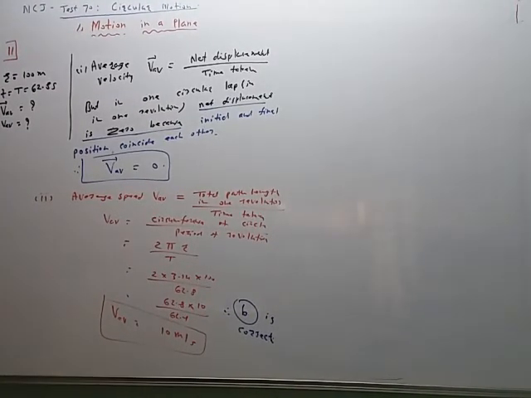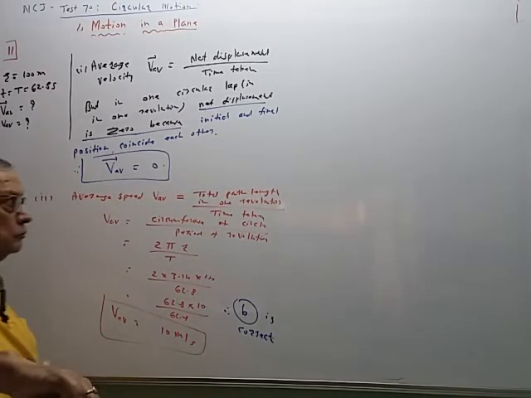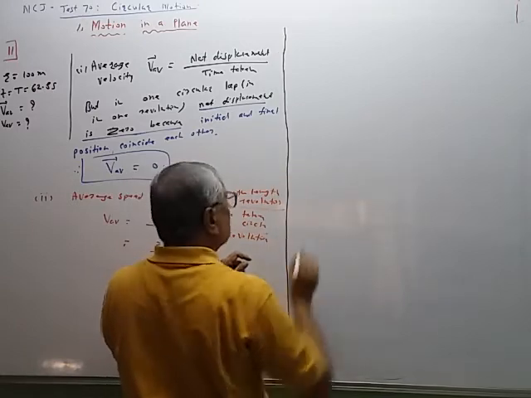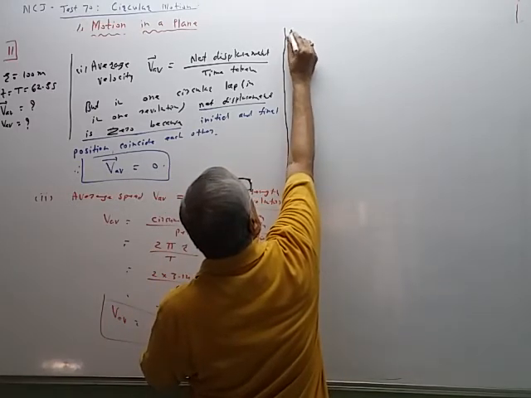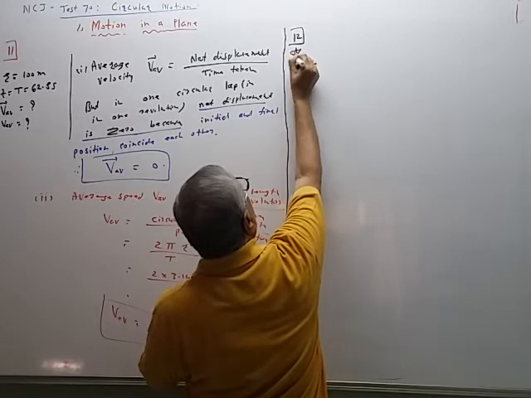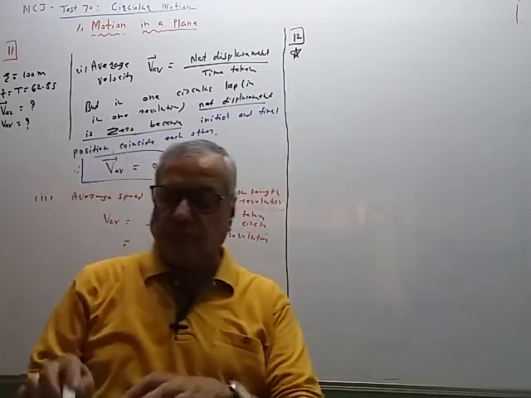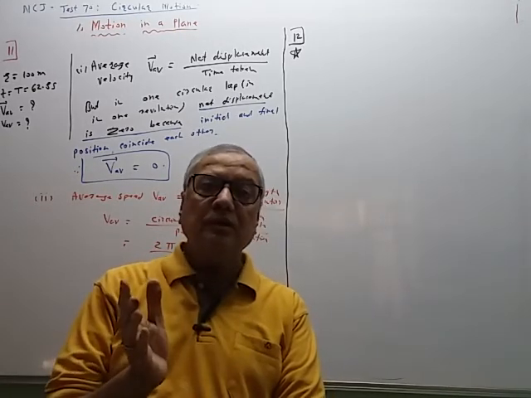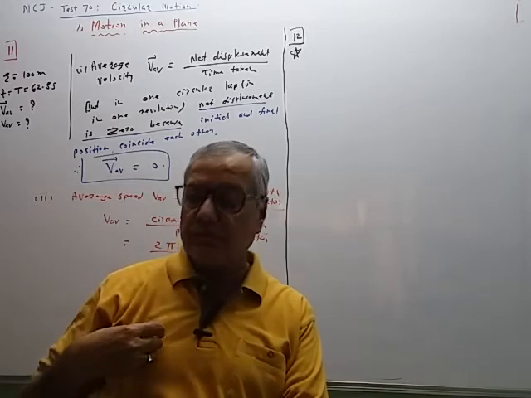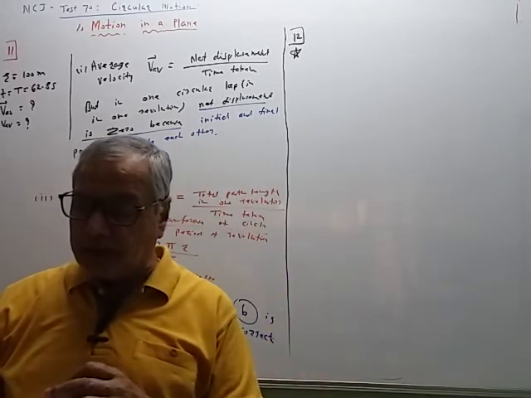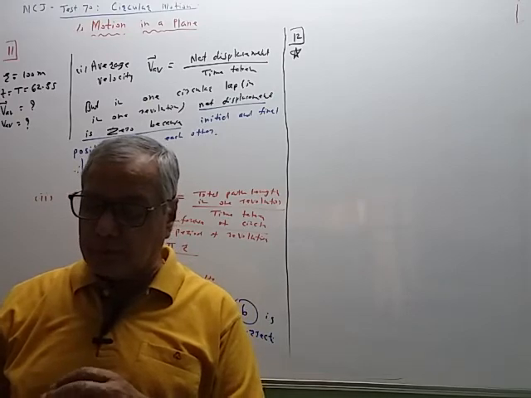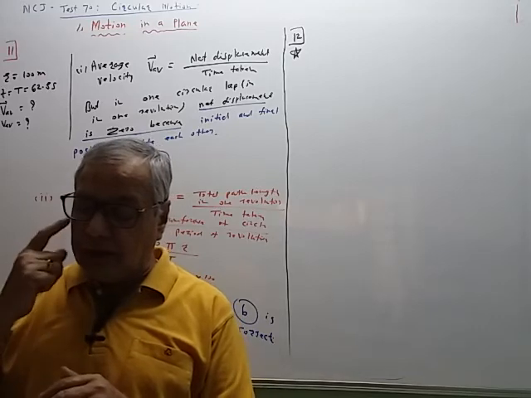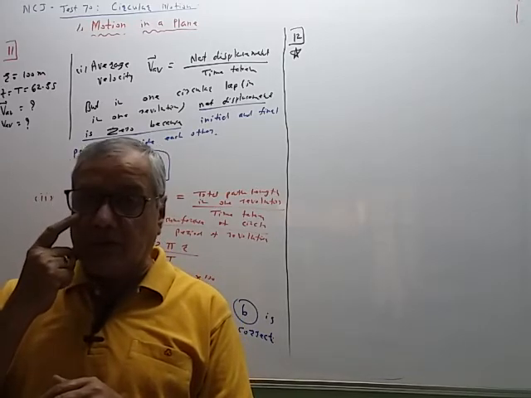So next problem, 12. Actually, this problem is related with circular motion as well as rotational motion. That was the second part of this chapter. So I will read the problem. A particle undergoes UCM, uniform circular motion. About which point on the plane of the circle will the angular momentum of the particle remain conserved?